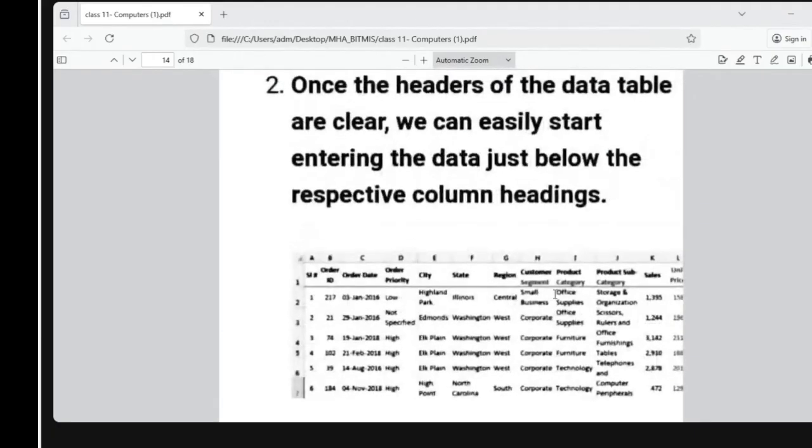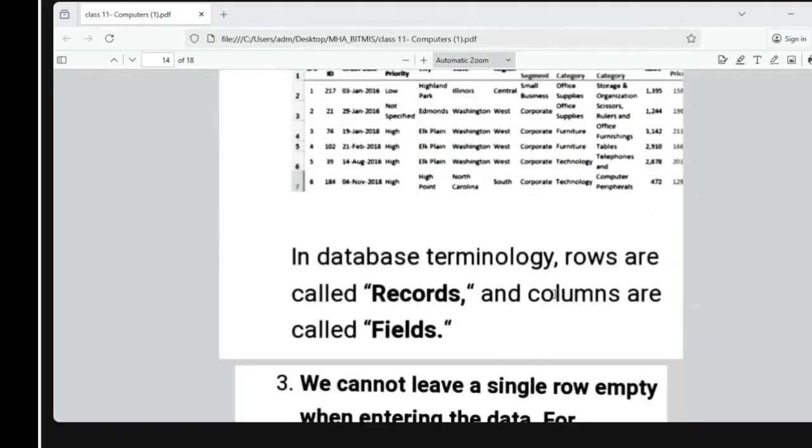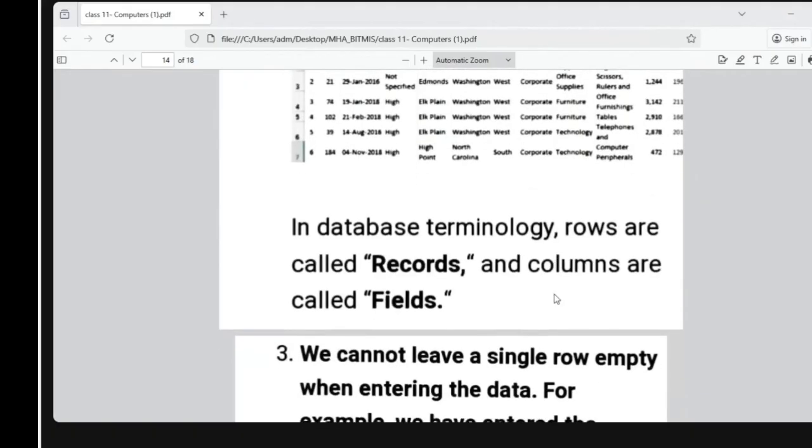जो आपका एक रिकॉर्ड है, सपोज आपका ऑर्डर आईडी 217 है, इसका ऑर्डर डेट दिस डेट है, ऑर्डर प्रायोरिटी क्या है, मतलब एक पूरी कंप्लीट रो आपका एक रिकॉर्ड है, किसी पर्टिकुलर पर्सन का एक रिकॉर्ड है ना, तो दैट इज कॉल्ड द रिकॉर्ड. और जो ऊपर आपने लिखे हुए ऑर्डर आईडी, ऑर्डर डेट, ऑर्डर प्रायोरिटी, इन्हें बोला जाता है फील्ड. फील्ड या एट्रीब्यूट भी बोलते हैं इनको. इस टेबल के वो फील्ड्स हैं, और एक जो पूरी एक रो है जो कंप्लीट इंफॉर्मेशन दे रही है आपको, वो आपका रिकॉर्ड है.